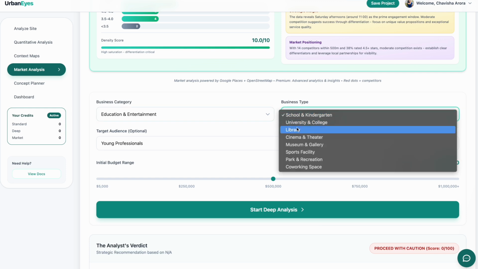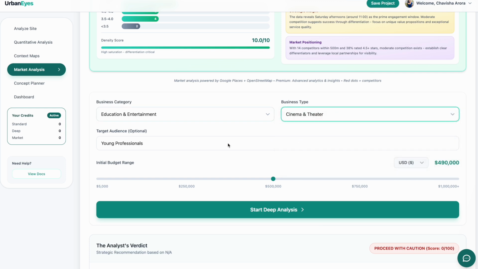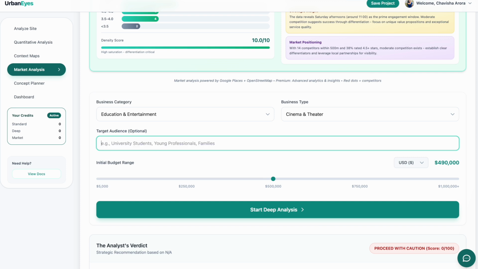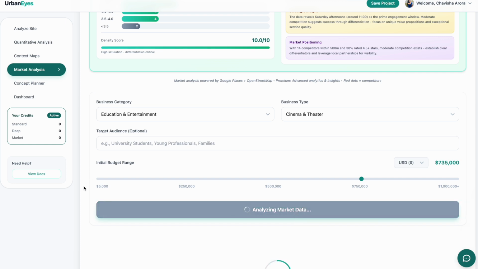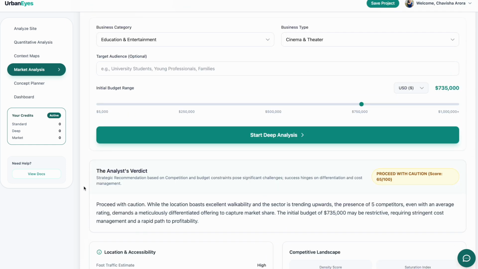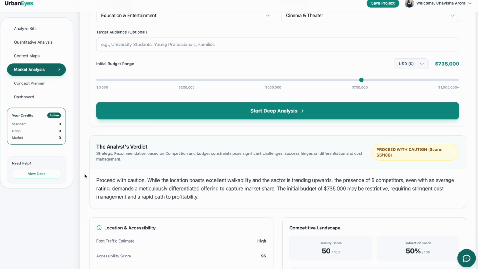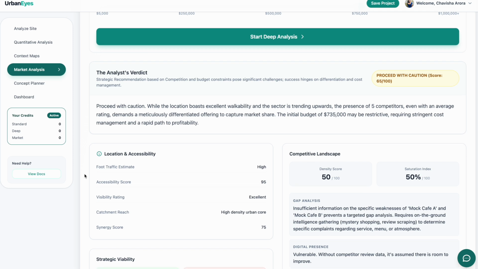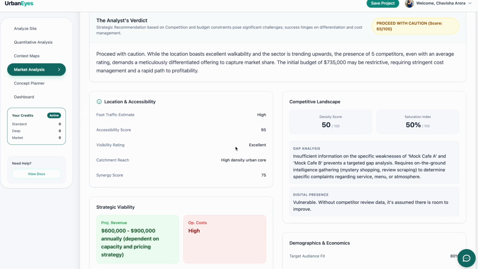Now, if you want to do a deep analysis for something specific, per se, you want to open a cinema and a theater, you don't have a target audience, but you have an initial budget range and you want to see if on this site you have some potential. So the website immediately gave us a deep analysis, and the verdict is that you have a 65% chance of